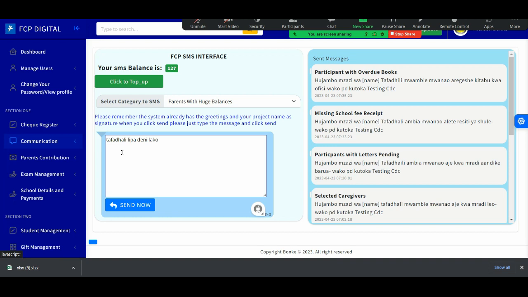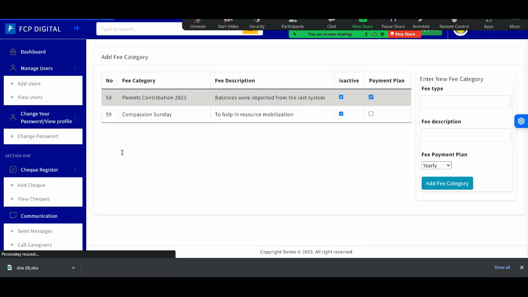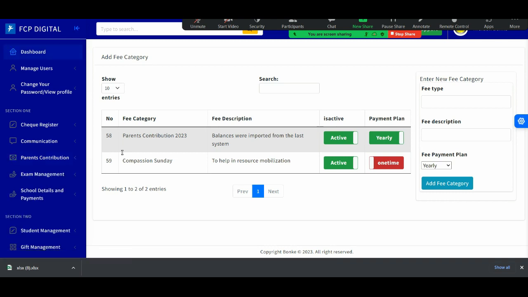So next year, let's say you want to change parents contribution, the first thing you need to ask yourself is: the amount that I placed on this parents contribution, is it the same amount I'm going to charge this year? If it's the same amount you're going to charge that year, go ahead to the dashboard and just bill. Don't create another